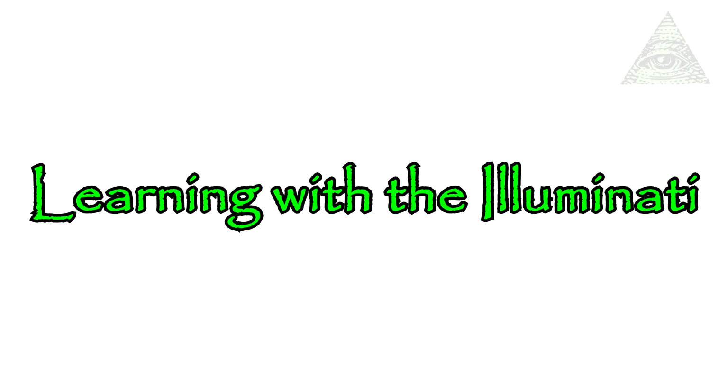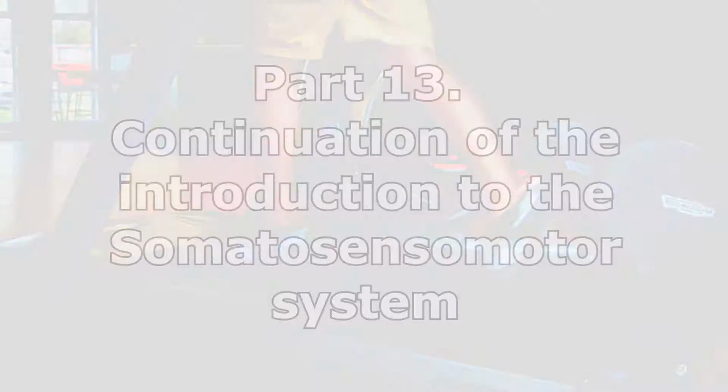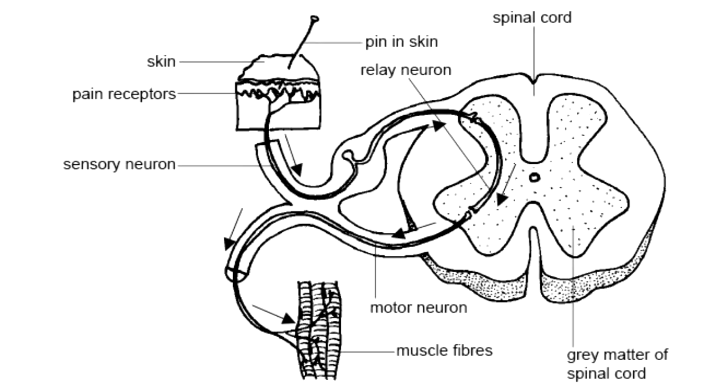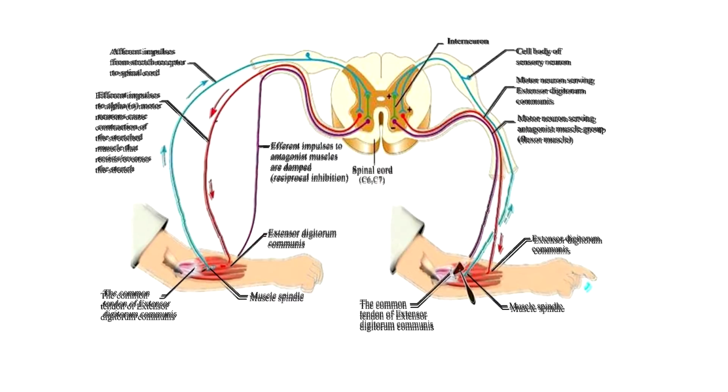Learning with the Illuminati. Part 13. Continuation of the introduction to the somatosensomotor system. Circuitry going in and out of the spinal cord mediates several sensory motor reflex actions. Some stretch reflexes can be seen as negative feedback loops, which may maintain